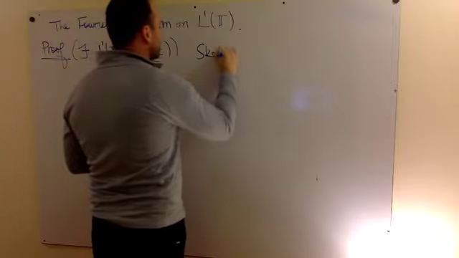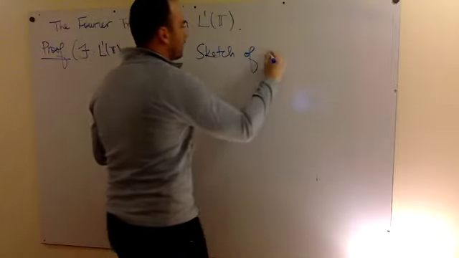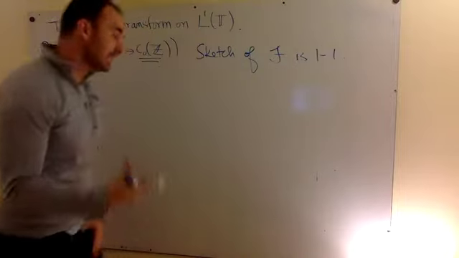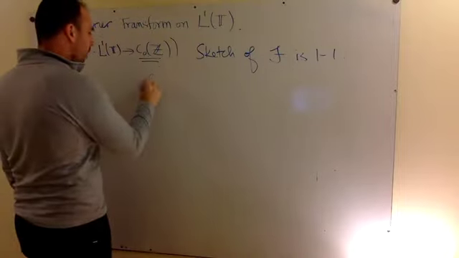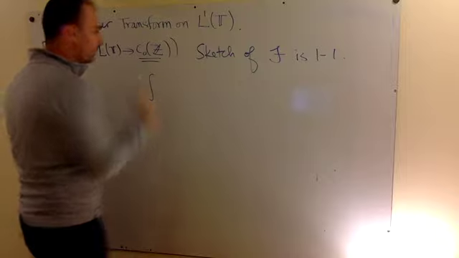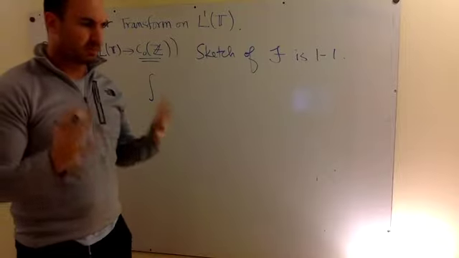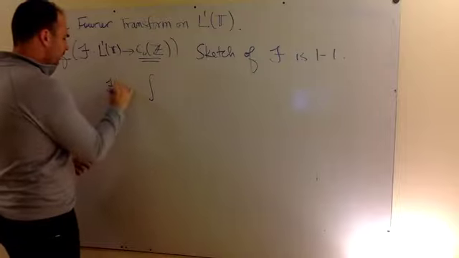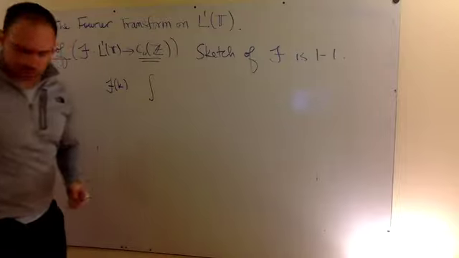So the sketch of f is 1 to 1. The idea here is, let's try and prove that f is 1 to 1. What I want to show is that